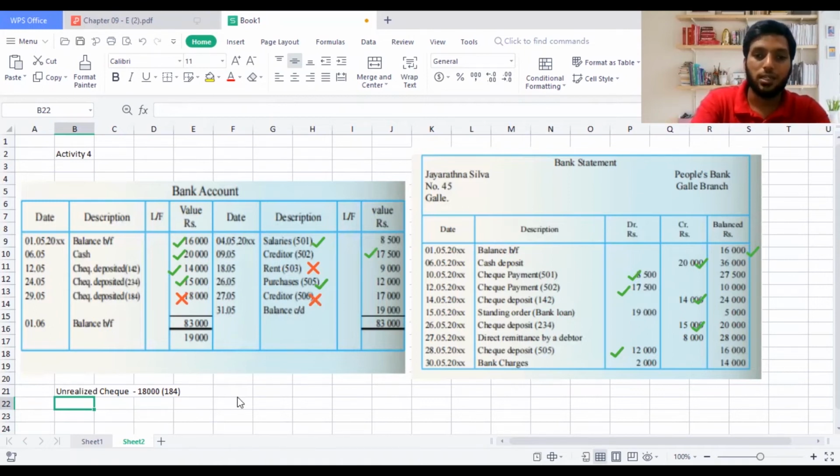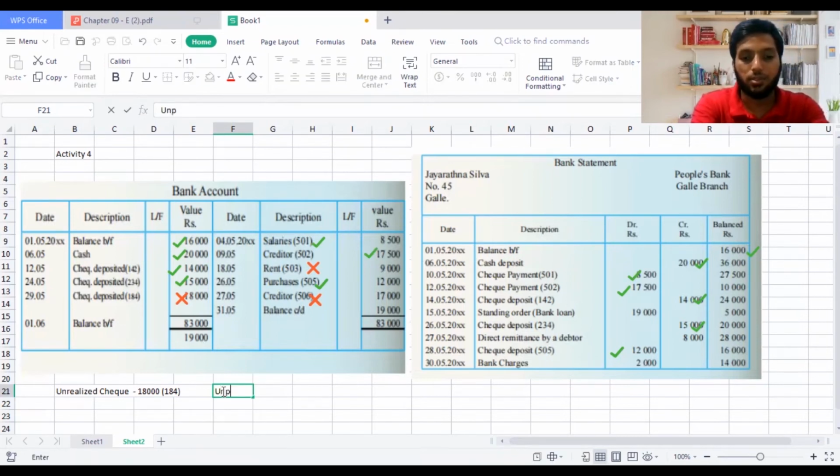So I'm going to take this as unpresented checks. Why do I take it as an unpresented check? Because I have presented it in my bank account, but the bank has not presented it under their account. So I'll write unpresented checks. As there are two checks, I'll write beneath checks. You guys, I hope you can see this clearly. I will show it later. Once I get all these values, I will zoom in a bit. If this is very small for your eyes, I'm very sorry guys. This is how I can show you the entire view of the sum. So I want you to be patient until the sum gets finished. Be patient, watch the entire thing, then you will understand the sum.